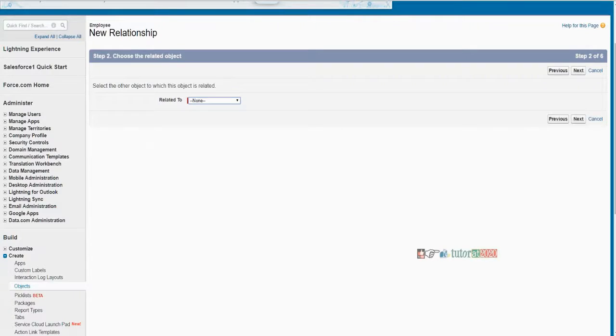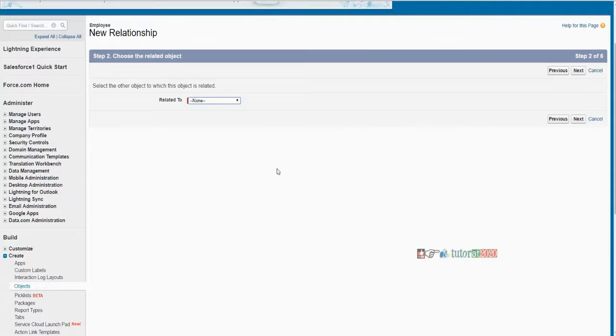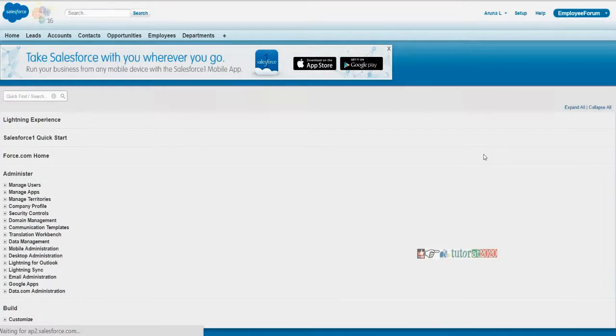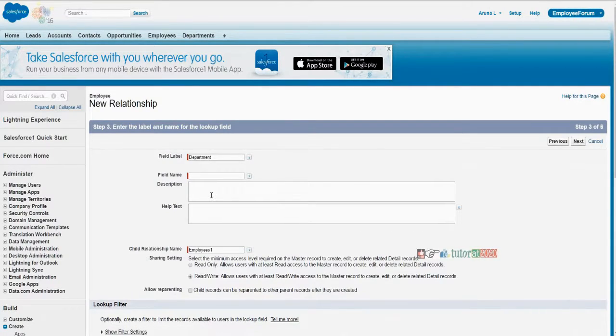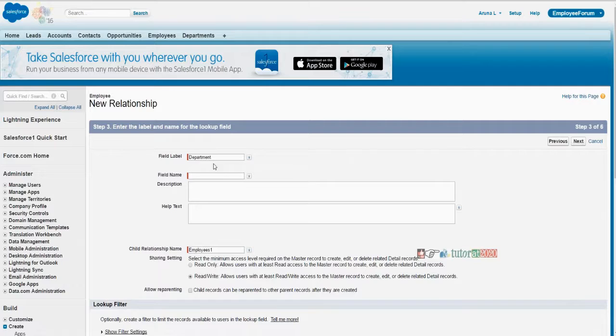But for master, I'll have to signify which particular object it will be mastered on. Once I put that, it will always need a value. It will never be like asking for required or not. It will by default always keep master as a required value, and that master will never be allowed to change. So now, if you see field label, field name,